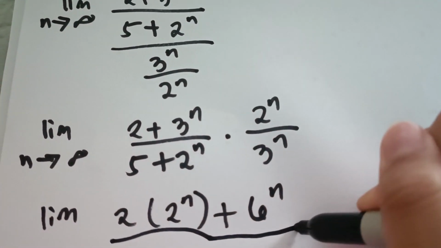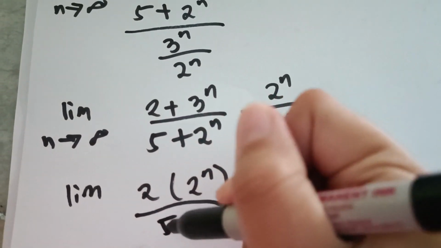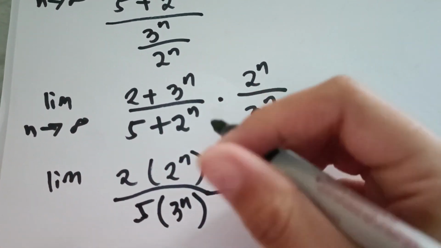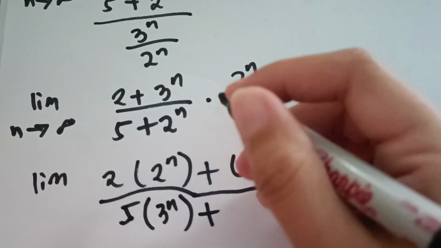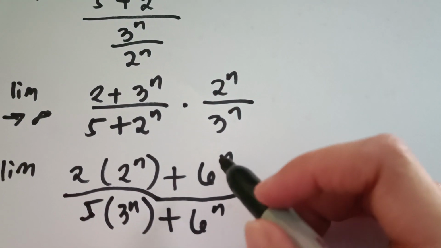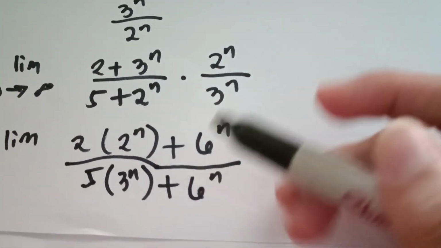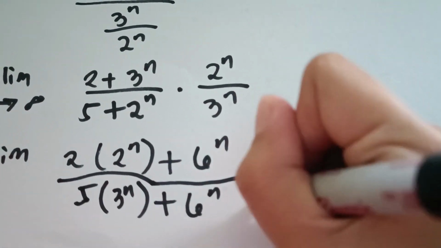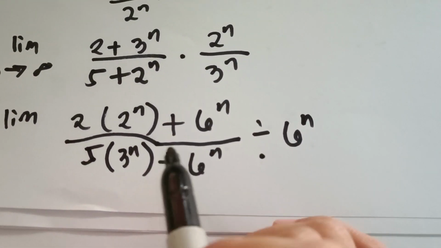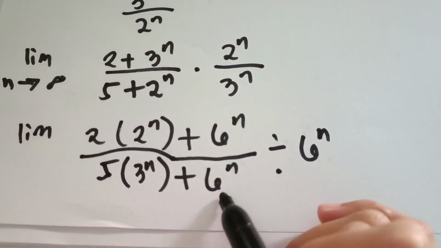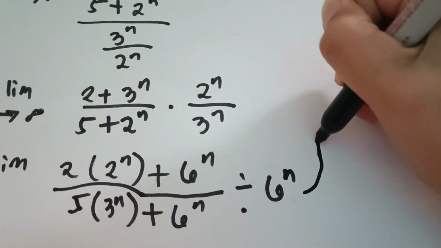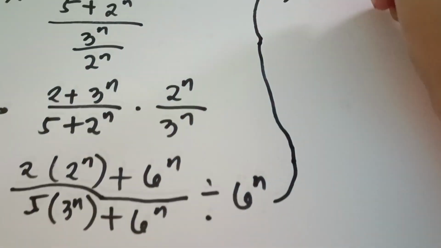So in our denominator, 5 multiplied by 3 raised to n, plus, multiply this one, same, we have 6 raised to n. Because this one, we have the same value, we just need to divide both by 6 raised to n. So we just divide both by raised to n to get this value. So now our limit will become